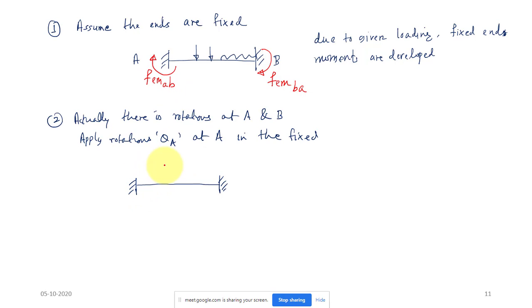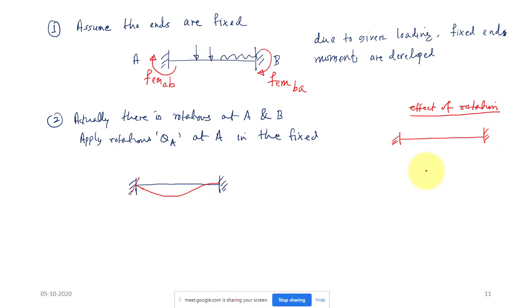Everything I am taking clockwise. Okay, so I am going to rotate this support. Okay, this complete support is rotating like this. If we rotate this support, and there is no rotation at the other end, it is completely fixed, so this will be the deformed shape. It will deform something like this. So now we can recall your self-learning exercise which I have given, the effect of rotation in fixed beam. What was that equation? You must remember that. Okay, you must have derived it, but after the rotation it means like this.